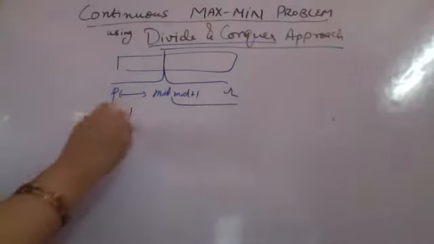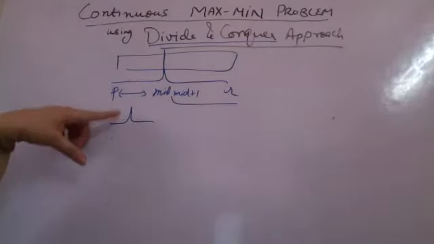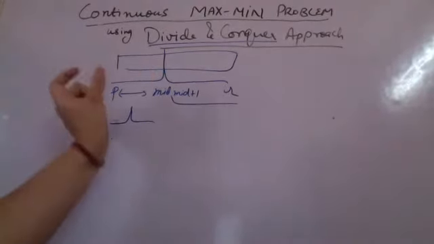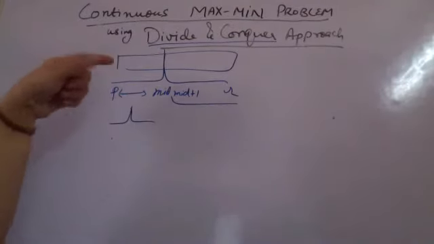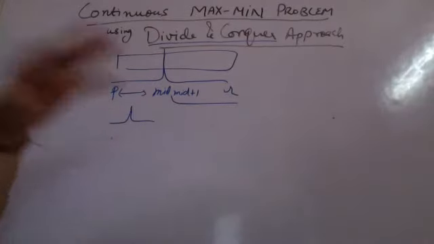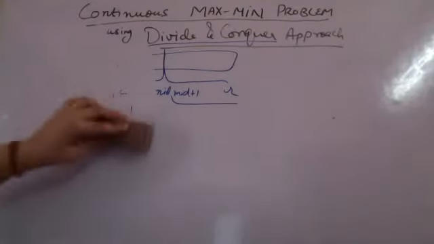I will again break the list in two halves, until only a single element is left. I will find the minimum and maximum in each half. Now, if the first half has a minimum and the second half has a minimum, I just need to compare which is the minimum, and then I can say what is the minimum of both the halves. Can I say that? So using this divide and conquer approach, we will later see the complexity. First of all, let's see the algorithm using the same approach.